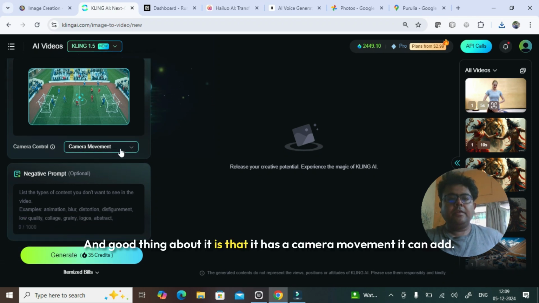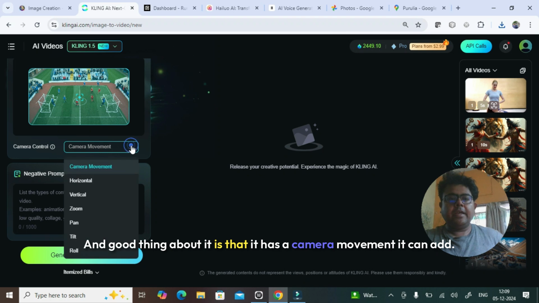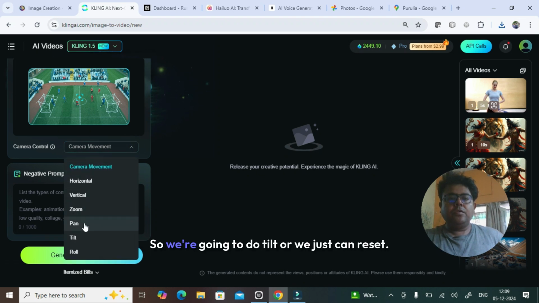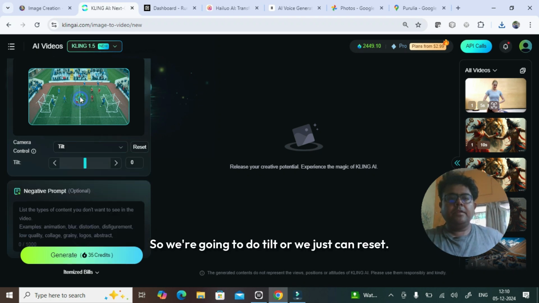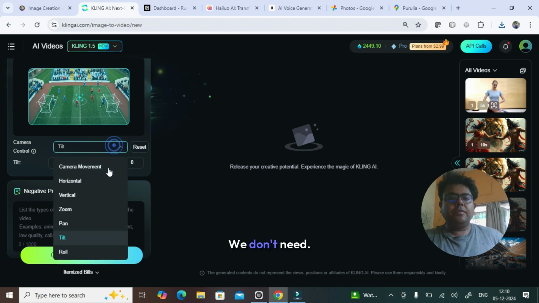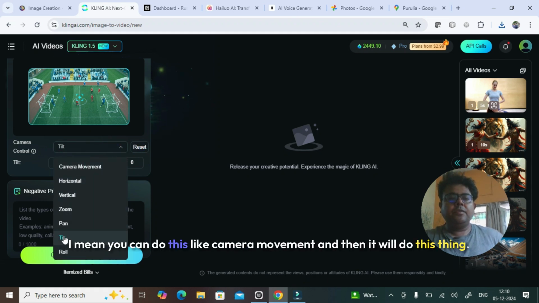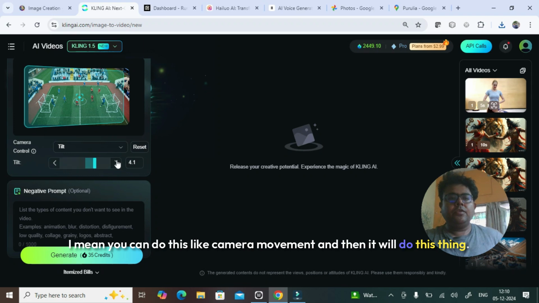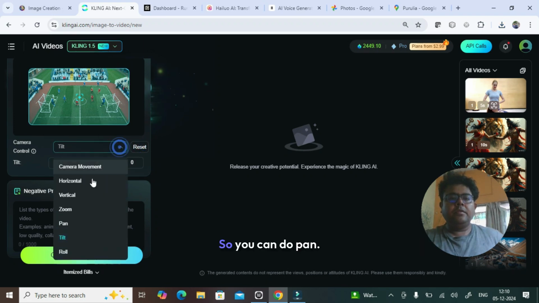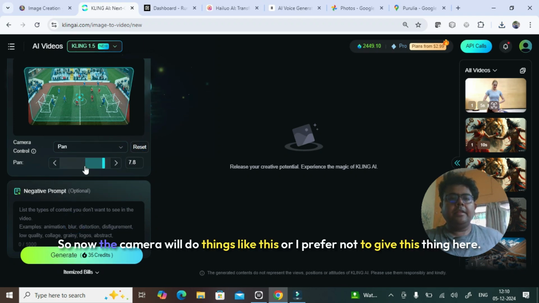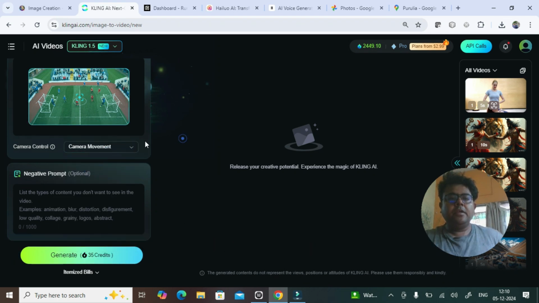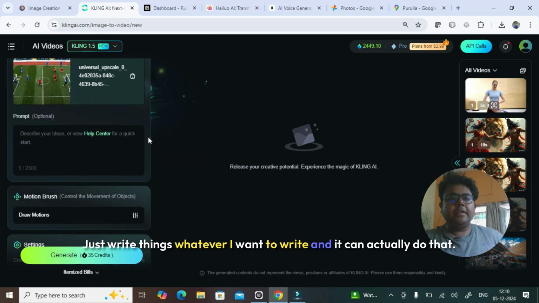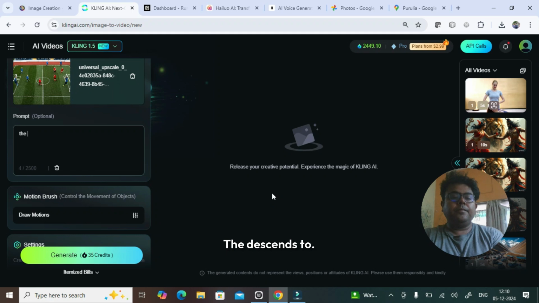And now, good thing about it is that it has a camera movement it can add. So we're going to do tilt, or we just can reset. You can do all these things. I mean, you can do this like camera movement, and then it will do this thing. So you can do pan. So now the camera would do things like this, or I prefer not to give this thing here, just write things whatever I want to write, and it can actually do that. The descends to